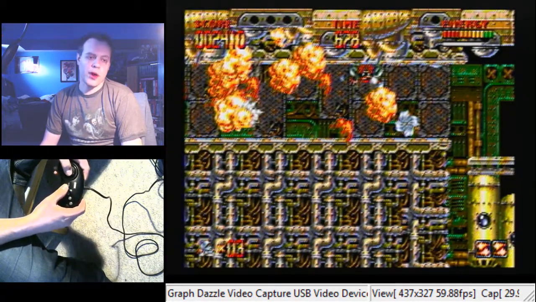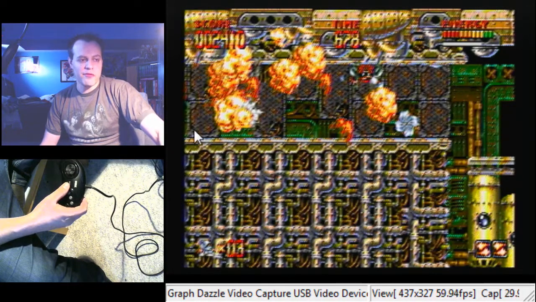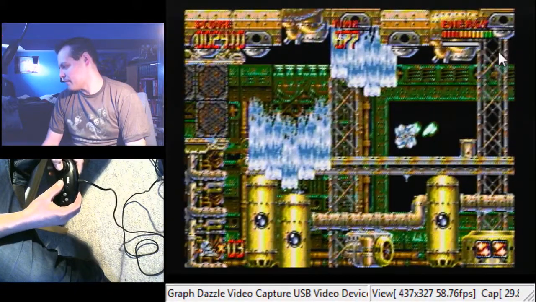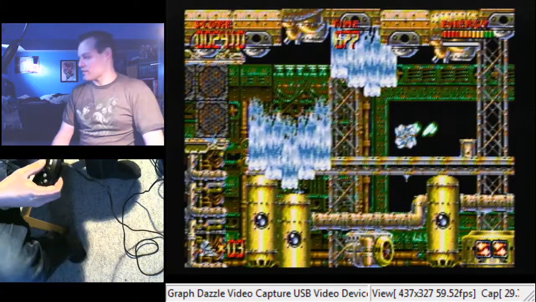And the other reason why we do this is because of the section coming up here. If we continue rolling through this section, we actually put ourselves in a favorable pattern with these waterfalls that are going to be coming down on us. Like that. Once we're past the first two, though,